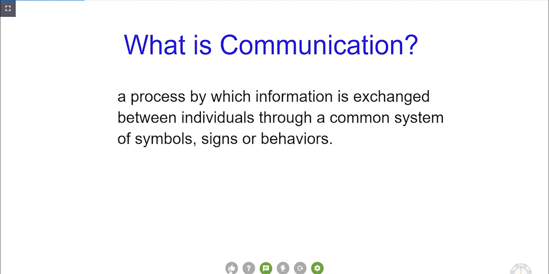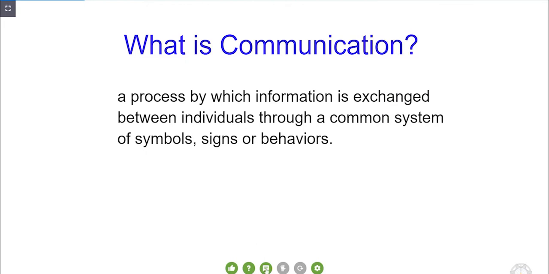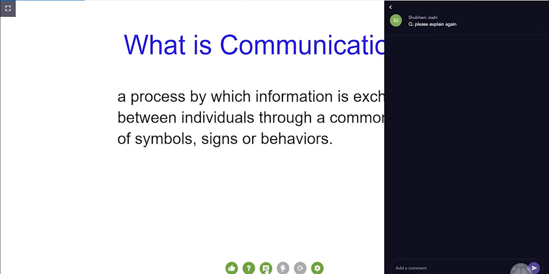Students can use the like button to show the teacher that they have understood the content. If any student has a question, then he can use the question button to ask doubts to the teacher. So type your question and submit it. The teacher can see your question and can take appropriate action. The chat feature is similar to the question feature. When you click on it, a dialog box appears. You can type your message and the entire class can see.